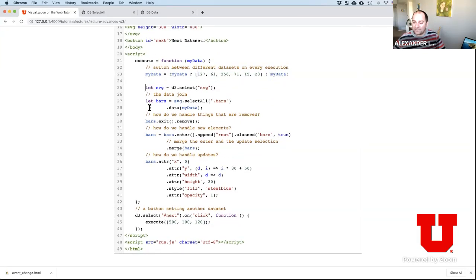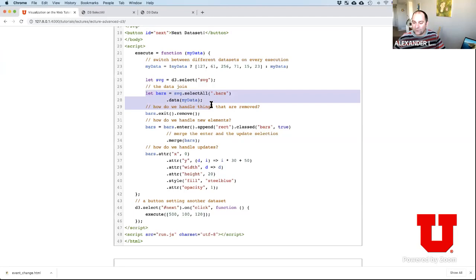Then here I'm doing my data join. Again, here I'm specifying how I'm removing the elements in the exit selection, and I'm just calling remove. So this is bars.exit().remove(). This is going to be a hard remove, no animation or anything like that. They're just going to be gone. Then how do I handle new elements? I say